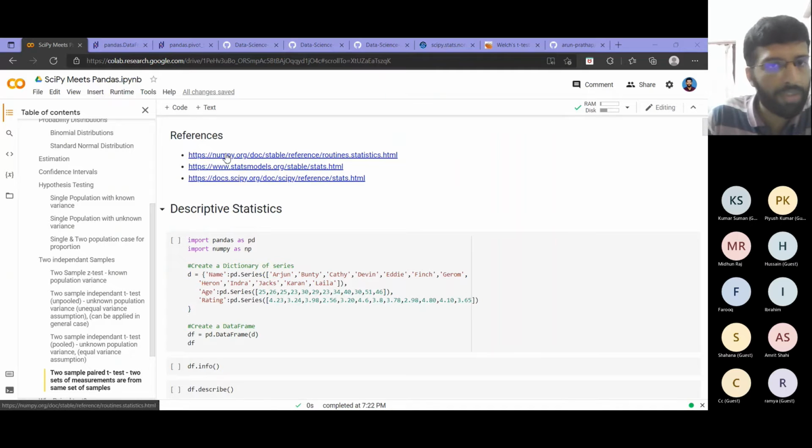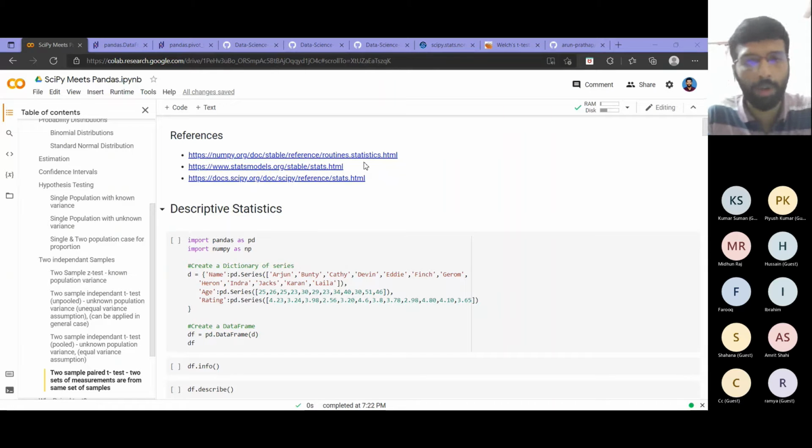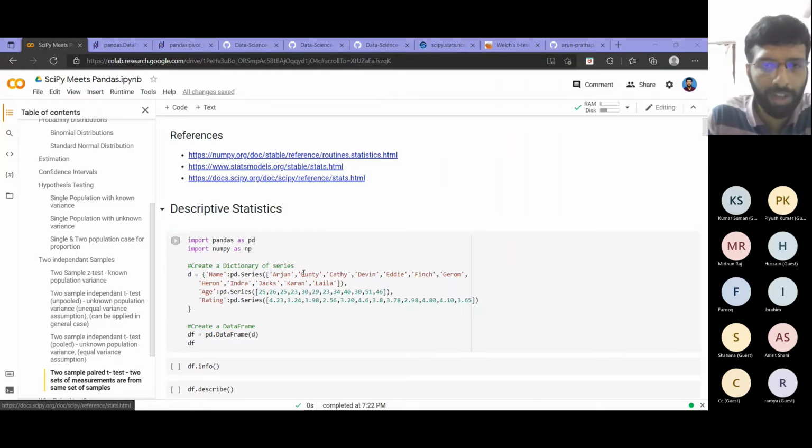So I put 2-3 references here. One is the number routines for statistics, the first one. That will have things like np.mean, np.median that are all provided by the NumPy library that you can directly use to find some statistics. You can refer to these later. Whatever is required I am covering in my content. Then there is a library called statsmodels. That has some statistical functions, and SciPy.